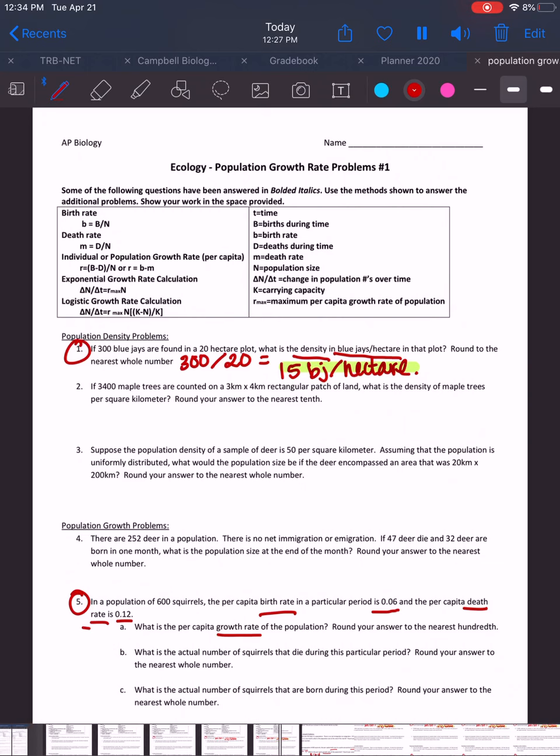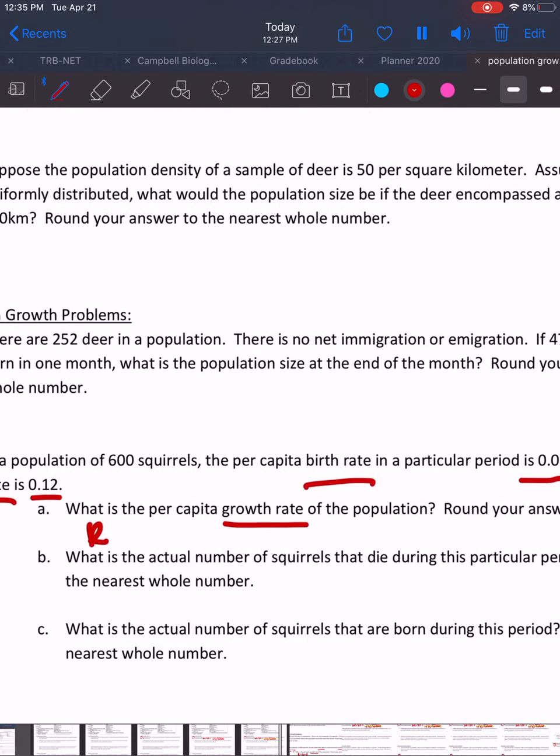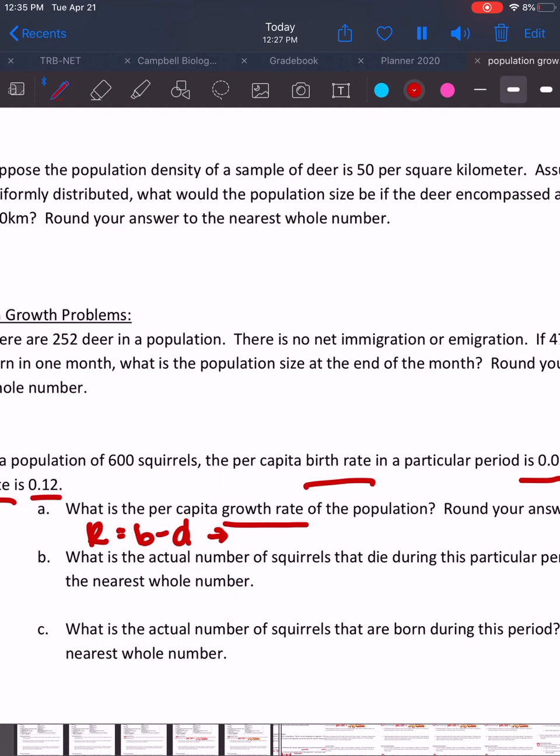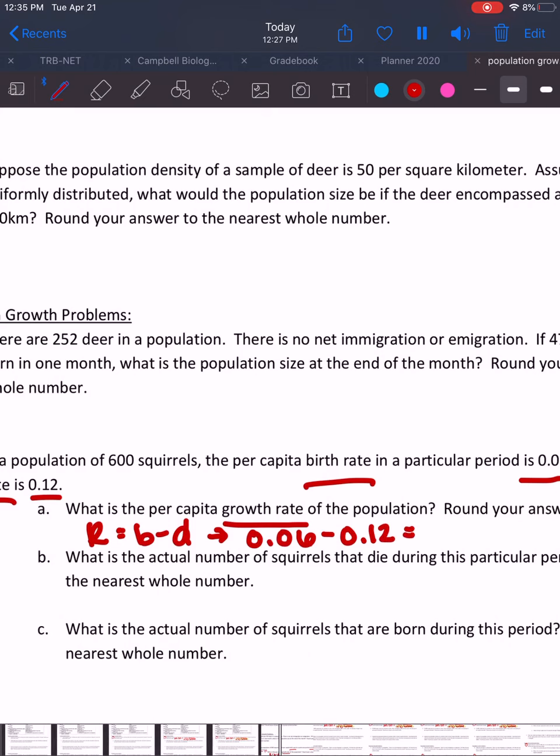So we're going to use the information they've given us, and we're going to find r. I'm going to have to zoom in just a little bit because y'all know I write kind of big. It is going to be my birth rate minus my death rate. So my birth rate was 0.06 minus my death rate, which was 0.12. It's actually going to give me a negative number. Negative numbers are okay, don't get scared by negative numbers. This is negative 0.06. That tells me this is not looking good for these squirrels if they are dying faster than they are